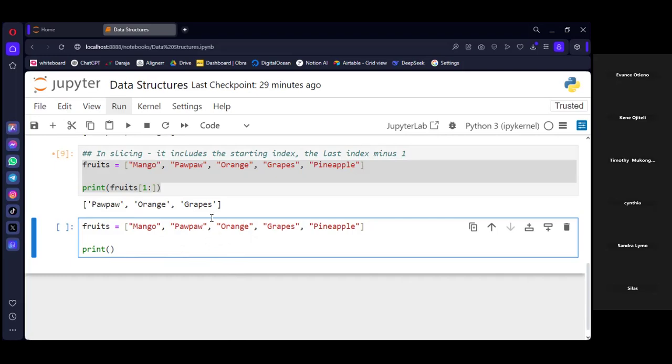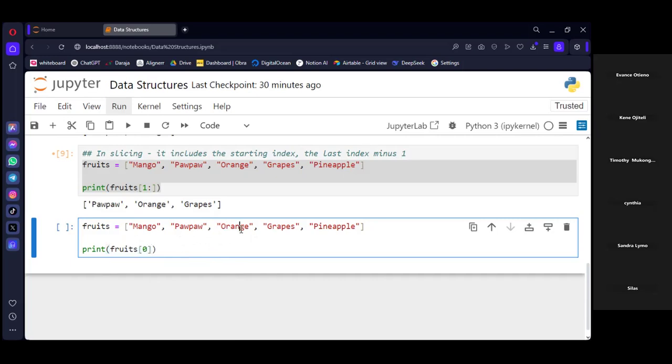Yeah, nice. Thank you. Goodness says that we need to specify print. Okay, so it's already print, but now we specify the object we want to slice, which is fruits, and then the starting index, which is 0.